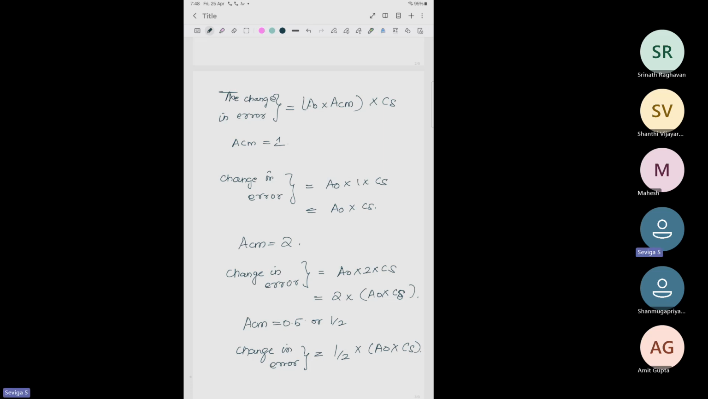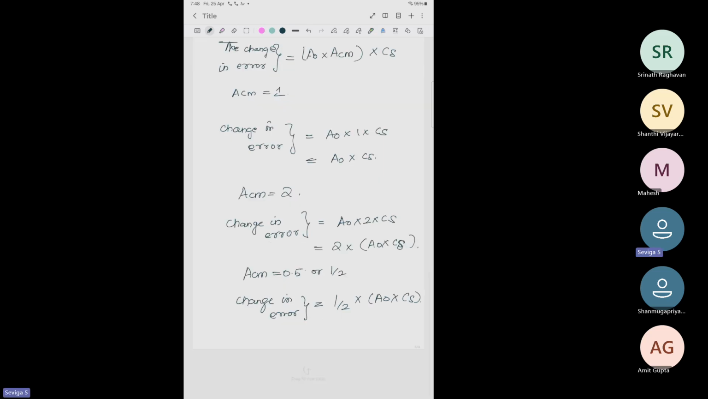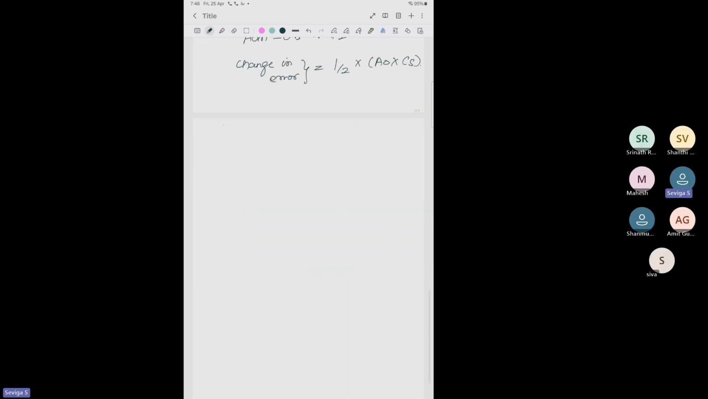This is another way of saying it. If you want the error to go down, then we can reduce the error by 1. So instead of adding, we will subtract the value A naught into C delta from the weight. So to subtract 1 from the error,